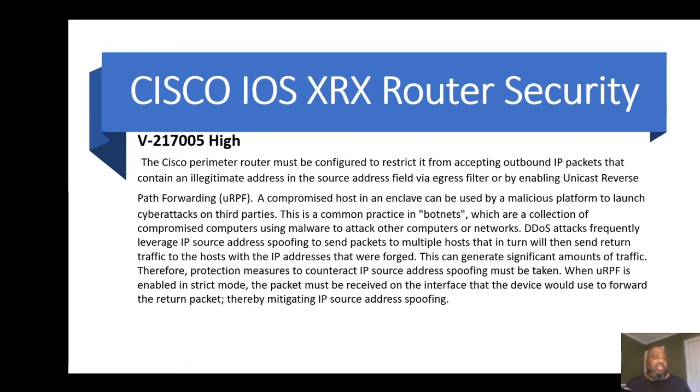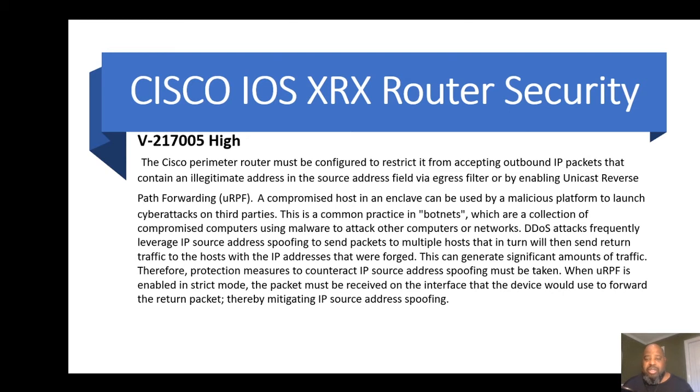2017-005. The Cisco perimeter router must be configured to restrict IP traffic from accepting IP packets that contain illegitimate addresses in the source address field, via egress filter or by enabling unicast reverse path forwarding. A compromised host in an enclave can be used to maliciously platform and launch cyber attacks to third parties. This is a common practice in botnets, which are a collection of compromised computers using malware to attack other computers